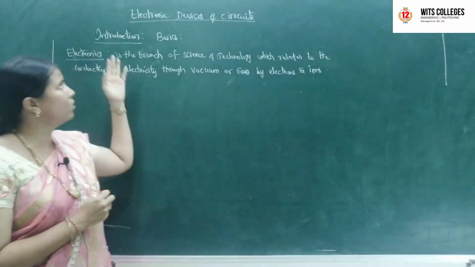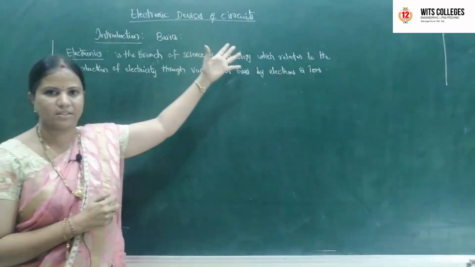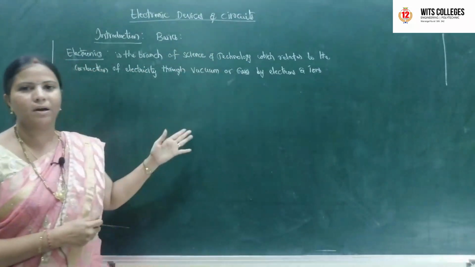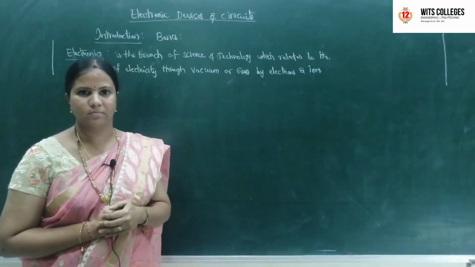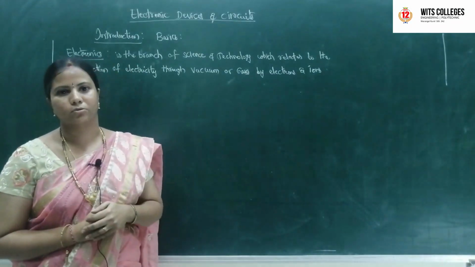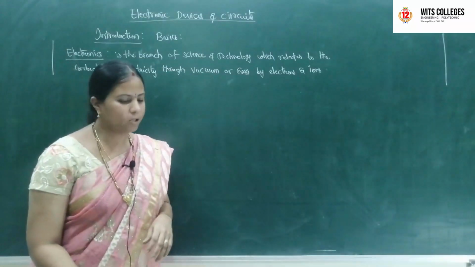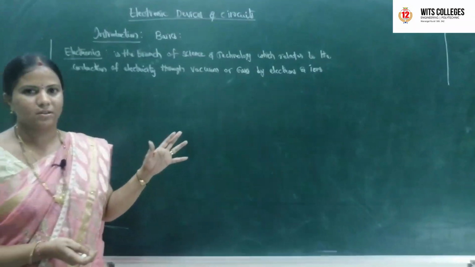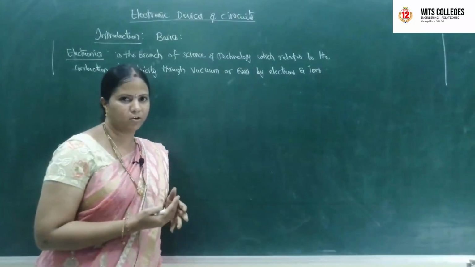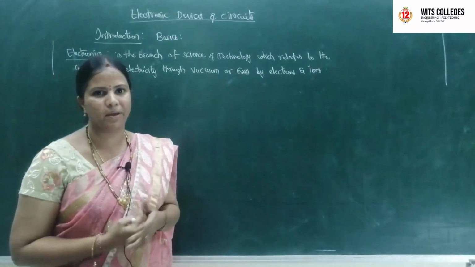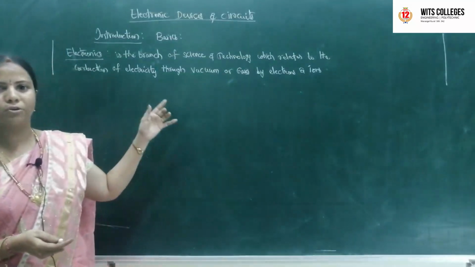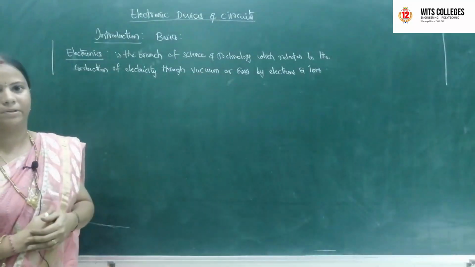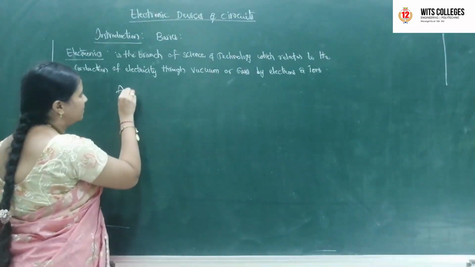Okay, now coming to the electronic devices. What are electronic devices? Electronic devices are nothing but flowing of electrons through vacuums, gases, liquids and semiconductors also. Okay now, coming to the applications of electronics. Where are we using electronics nowadays? What are the applications? What are the uses? The electronic devices are used for the amplification purpose. So applications are,